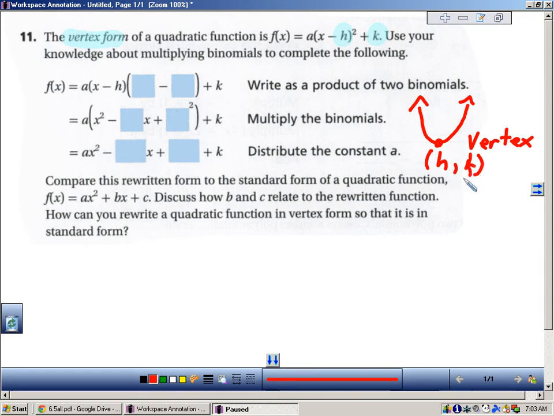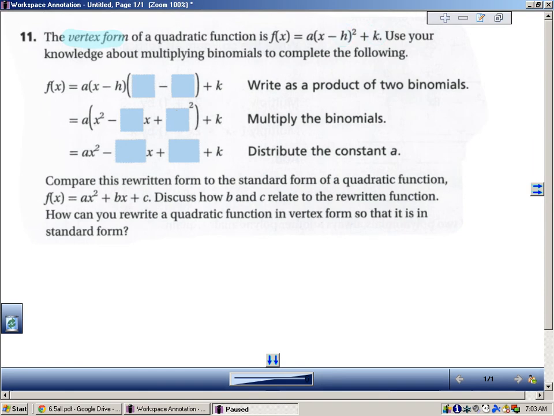And so it would be h and k. Those would be your values for the variables x and y that represent the vertex. Okay, so the coordinates of the vertex are h and k, found in this quadratic function. Now with that said,